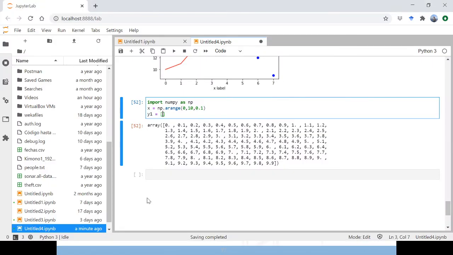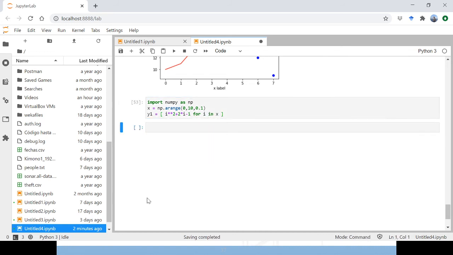Okay, so the value squared plus 2 times the value minus 1 for any i in the values of x. And the second function,